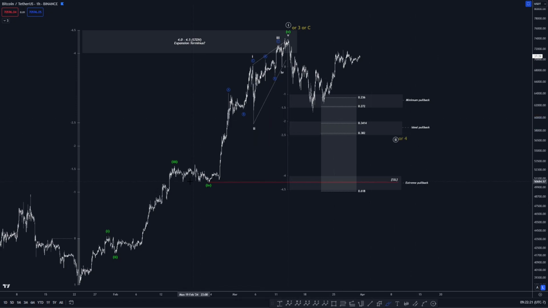This is something that I'm not expecting, although this is something that we have to be aware of, is these equal lows right here, coupled with the 4 to 4.5 standard deviation, along with a golden fib. This is just an area where we could see it being attacked. It's just not something that I see is likely, but it is a significant area that we have to be aware of. We really haven't monitored or been attacking this wick. That's been our goal. Whether we correct up and come back down for it, or we have these highs as still protected and just come right back down for it, is a discussion up for debate.